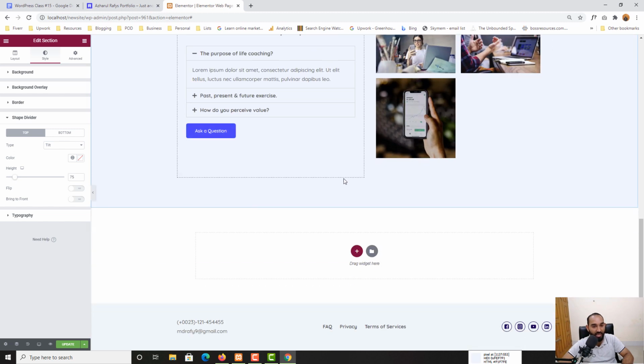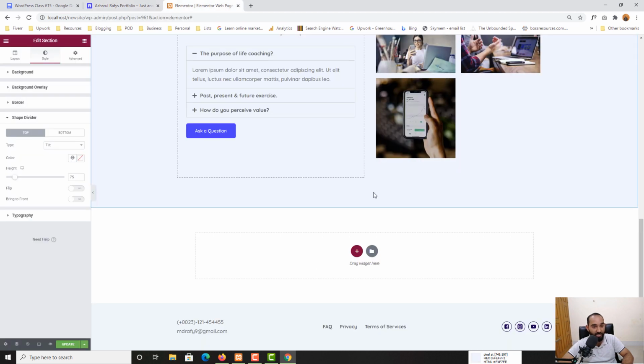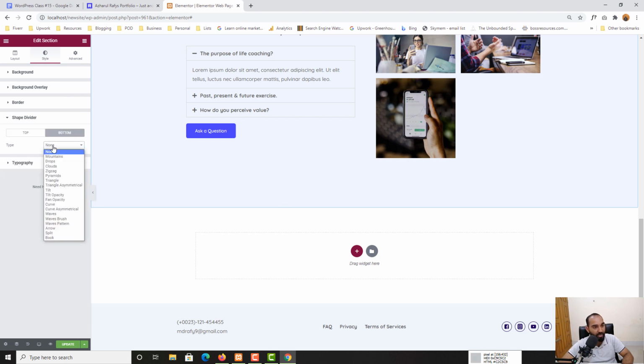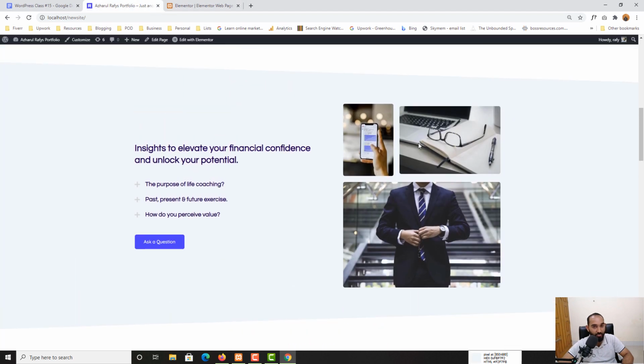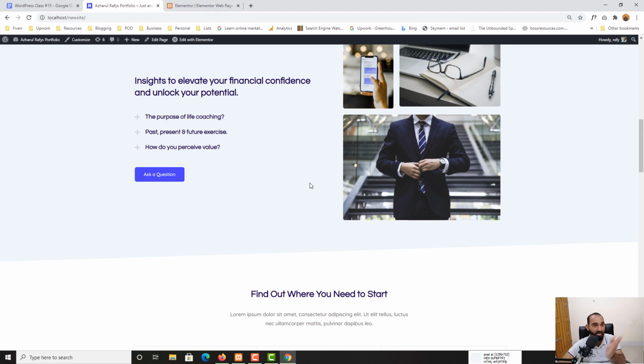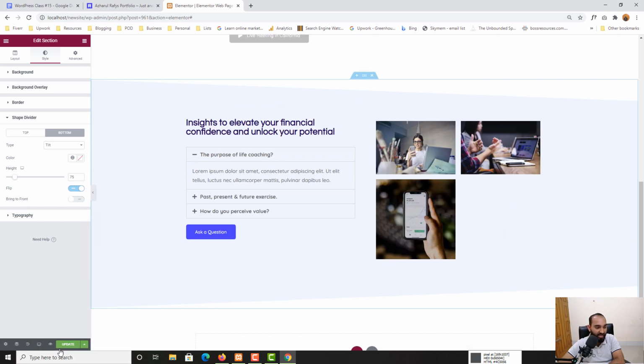And then we can simply add this bottom shape divider as well. Simple, click here, and then if I take you to bottom, and then from here type, I can simply select tilt, and just take a look how it is looking. But we have to make it go in the right direction. So to do this, we can simply click on flip, and just take a look how it is looking, and then we can increase or decrease the height of this thing, and just take a look. Now if I click on update,